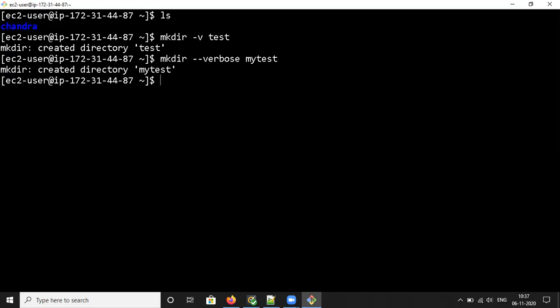See, created directory mytest. So whether you use mkdir hyphen v or mkdir hyphen hyphen verbose, both are similar. Each one will display a message with the corresponding directory. Now we can clear this.